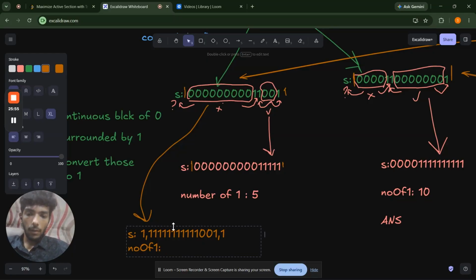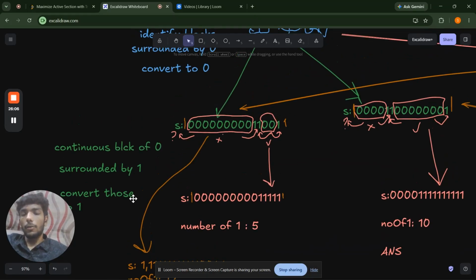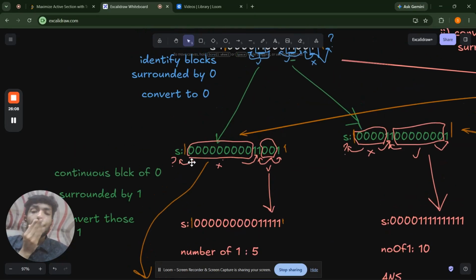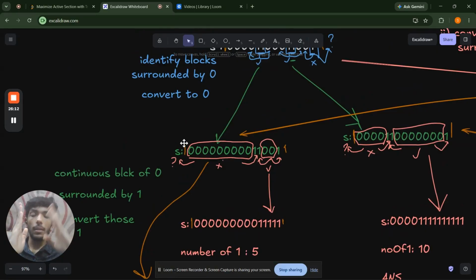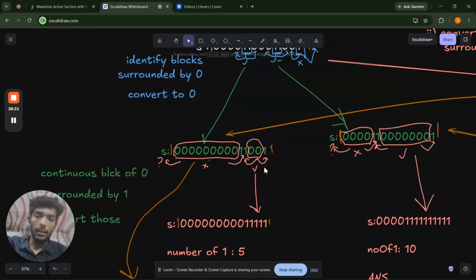So the number of ones would be 1 2 3 4 5 6 7 8 9 10 11 12. So that is why we need to consider that 1 is present on both the edges. If there was a case where there was 0 at the starting and at the end, we could consider that block of zeros for transformation. Okay,